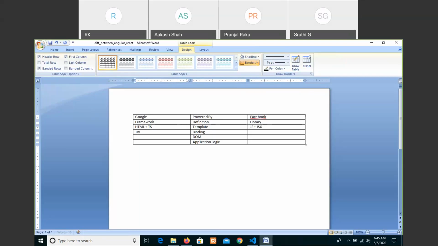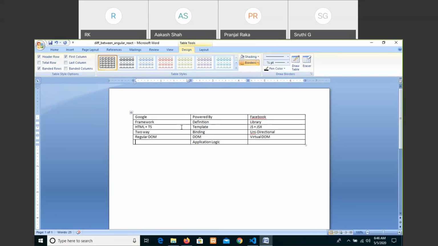Binding: here it is two-way, whereas here it is by default unidirectional. DOM: here it's a regular DOM, simple as we have, with some additional things also, whereas in React, with the Redux concept, we have created the virtual DOM.